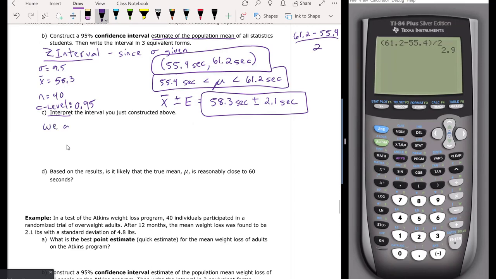We are, and this one's 95%, confident that the interval from, and then you'll just put your upper and your lower range, we got 55.4 seconds to 61.2 seconds actually contains